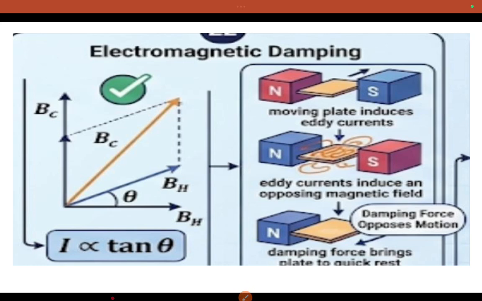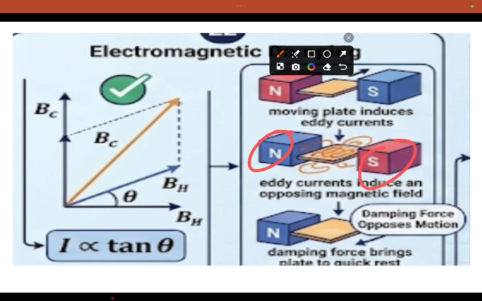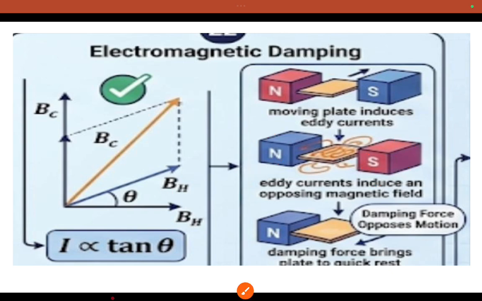Eddy current is induced between two strong fields. You can see here the moving plate induces an eddy current. The eddy current induces an opposing magnetic field. So here, question number 23,